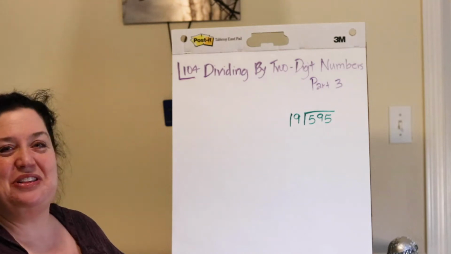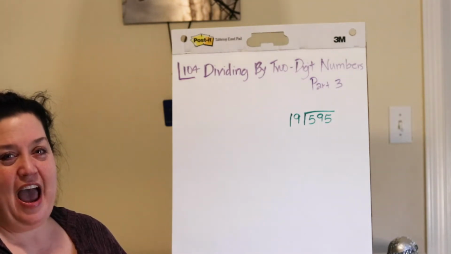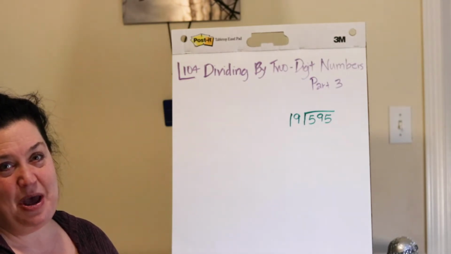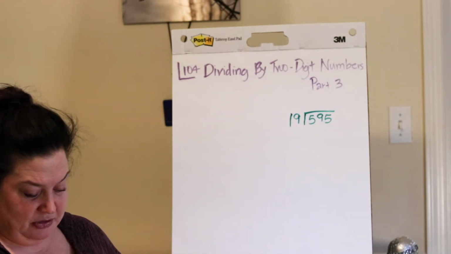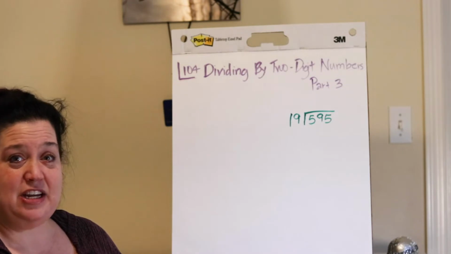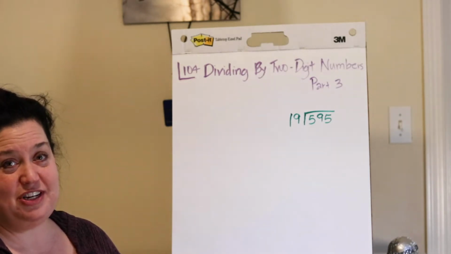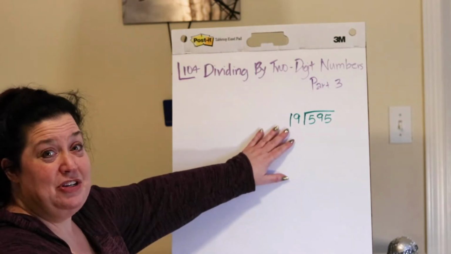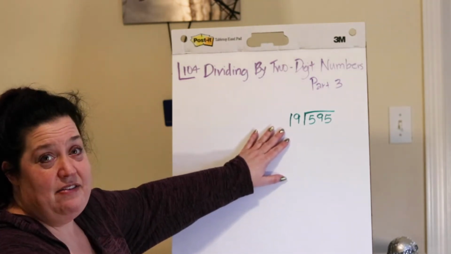Good morning. Today we're going to work on lesson 104 out of our 5th grade math book. The lesson today is dividing by two-digit numbers, part 3. What we're going to do today is use estimation as a way to help us with our two-digit problems. First of all, this is our problem that we're going to start out with, 595 divided by